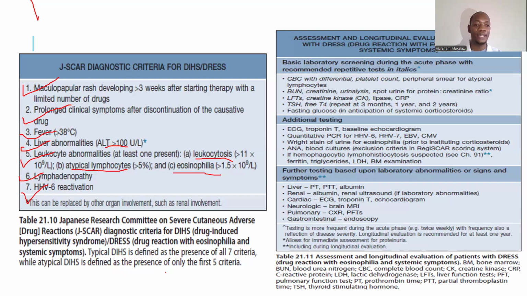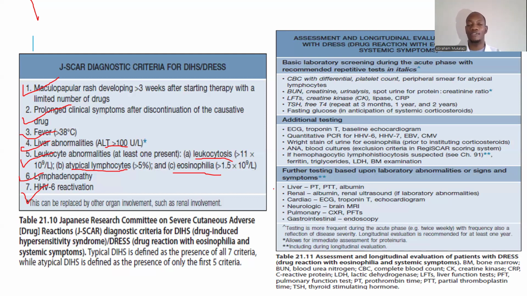So if someone has the first 5, then you can say that actually this is now confirmatory. If someone has from 1 up to 5, but less than that, then it is just a probable diagnosis, but you can't rule it out as well because other features come in as the patient presents. Then if you're assessing a patient with DRESS,